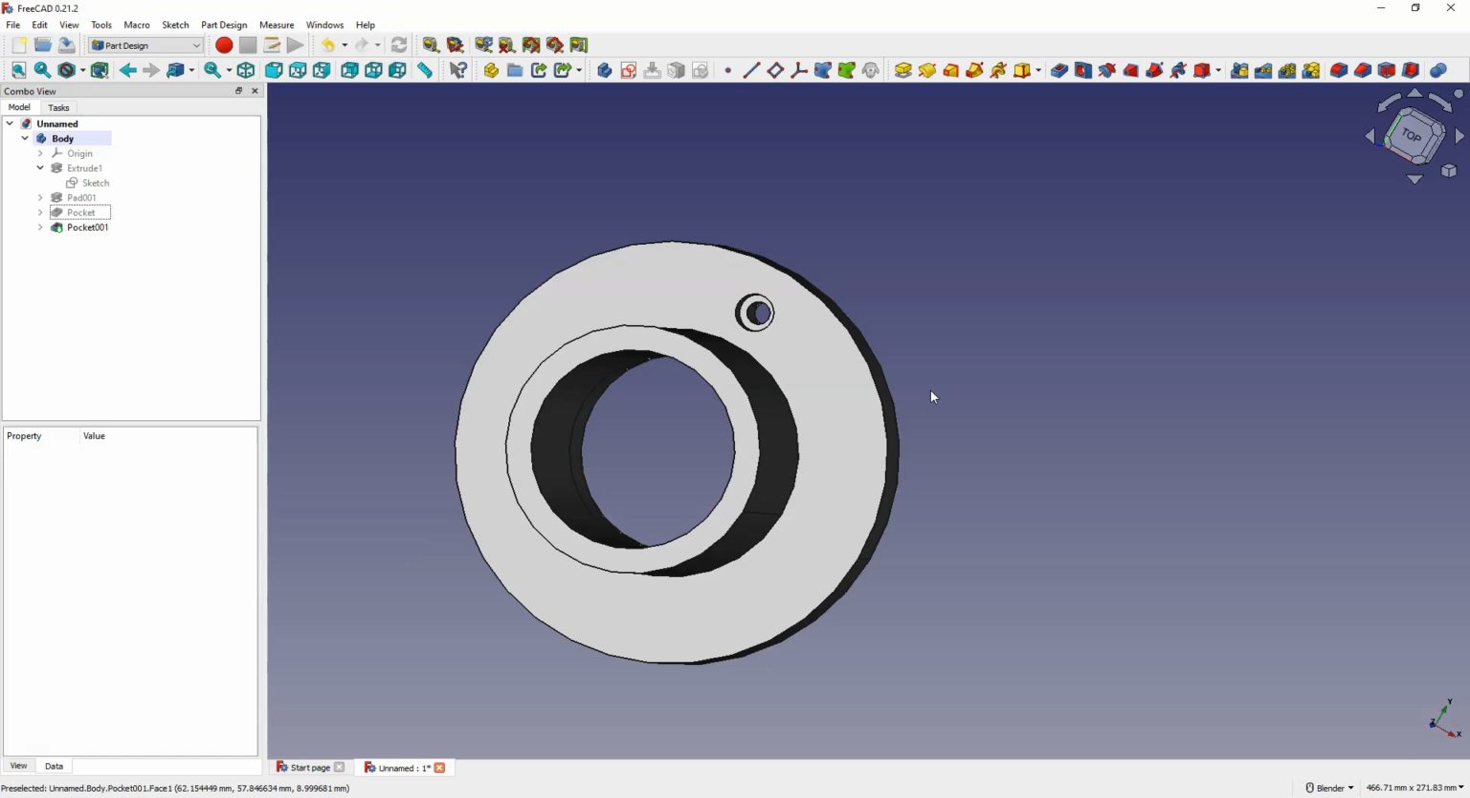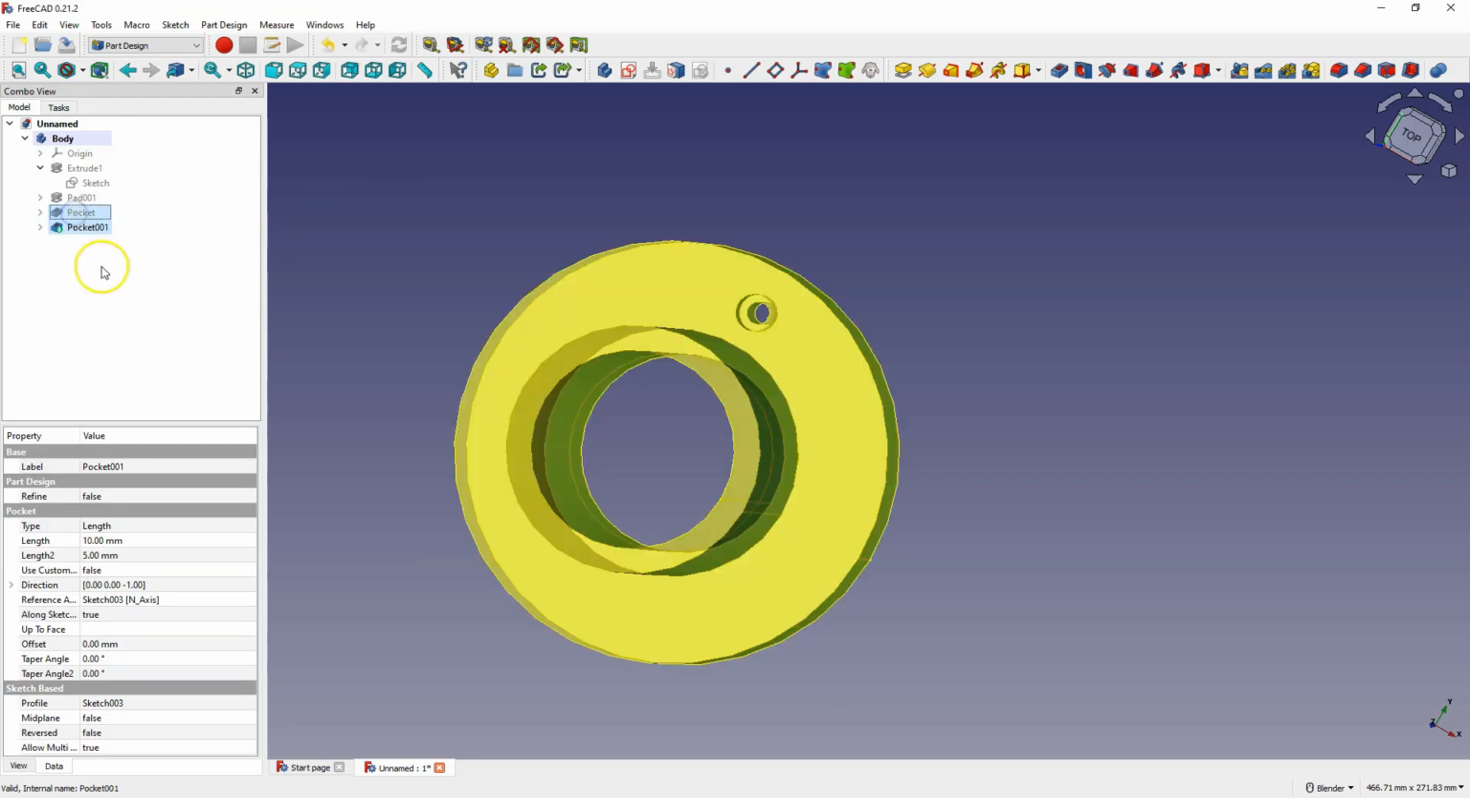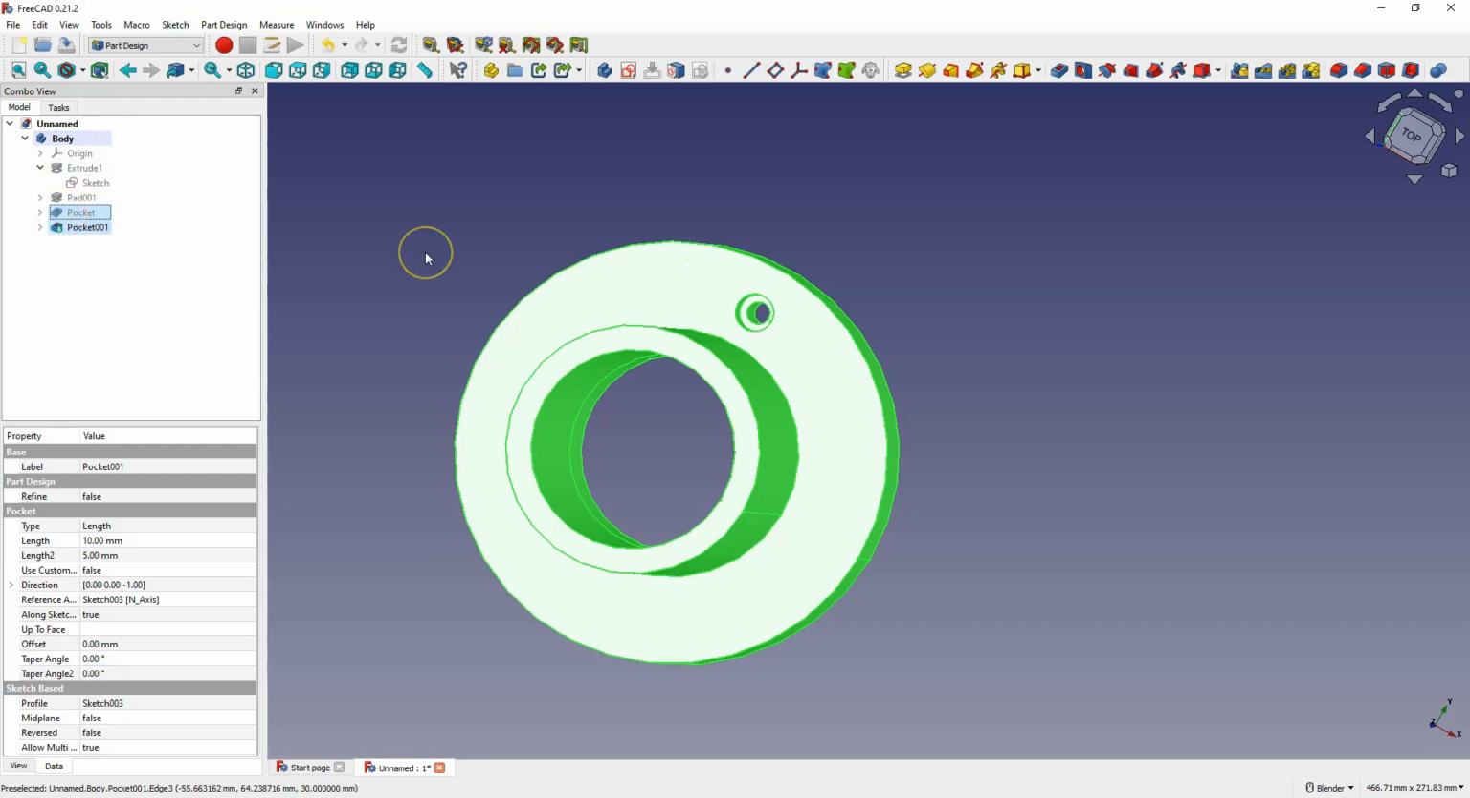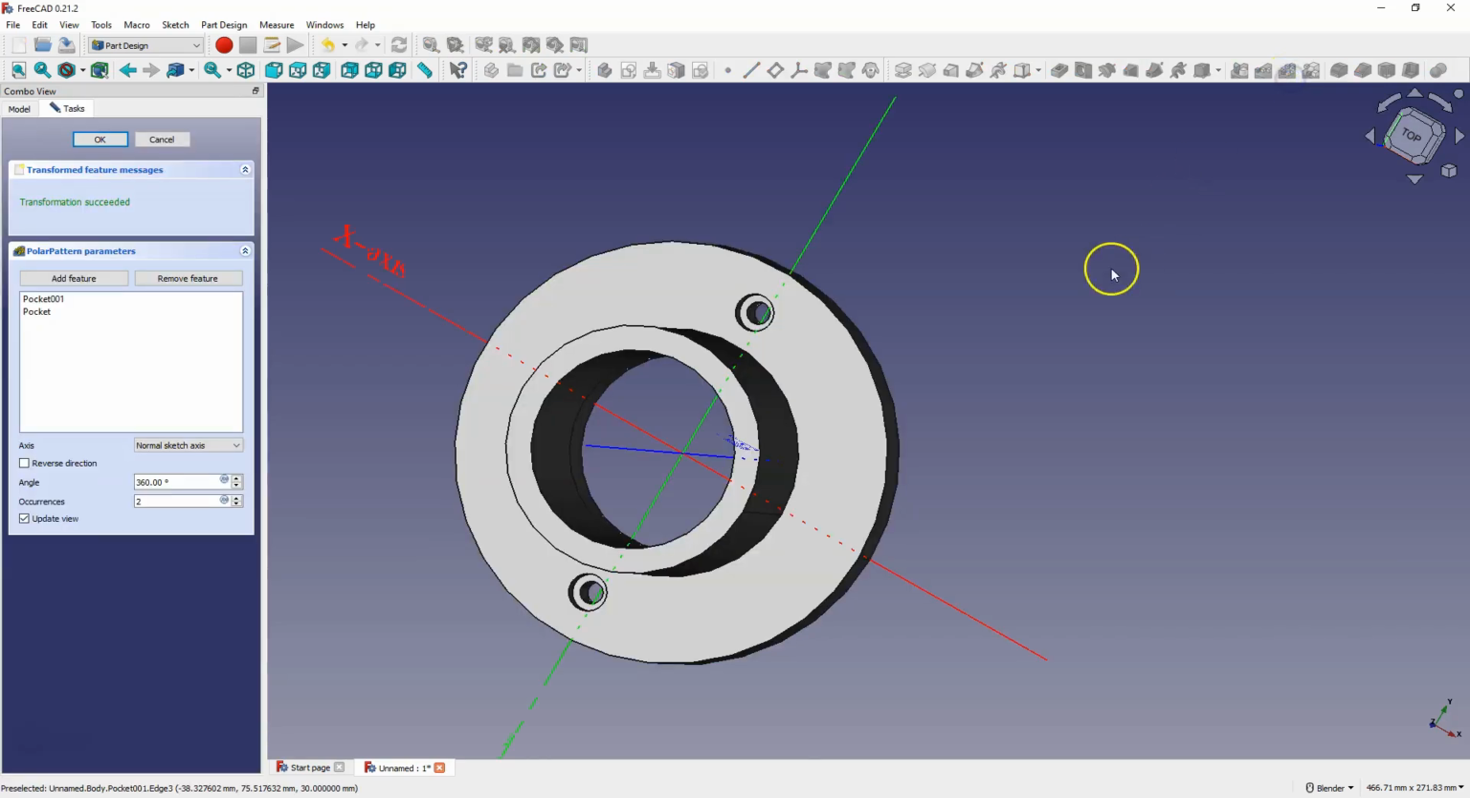These operations work in such a way that it simply creates additional copies of the selected feature around the selected axis. In this case, I would like to add a circular pattern of two operations that created these two holes. To do this, select these two operations with the Ctrl key in the operation tree and then select polar pattern command. And here, as you can see, we have the number of occurrences. We currently have 2 occurrences, and we will return to this in a moment,